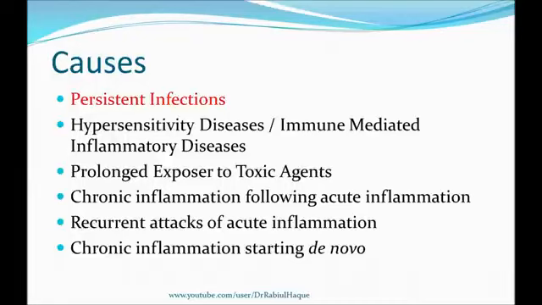So the first cause of chronic inflammation was persistent infection. Now, when can we have persistent infection? It will occur when the microorganism is very difficult to eradicate. Say, for example, in tuberculosis that is caused by Mycobacterium tuberculosis, what do we see? We see that the organism has a special ability to evade our host immune system by preventing fusion of phagosome with lysosome inside the macrophages of our body. And this special ability makes the organism difficult to remove, and as a result later it evokes delayed type hypersensitivity